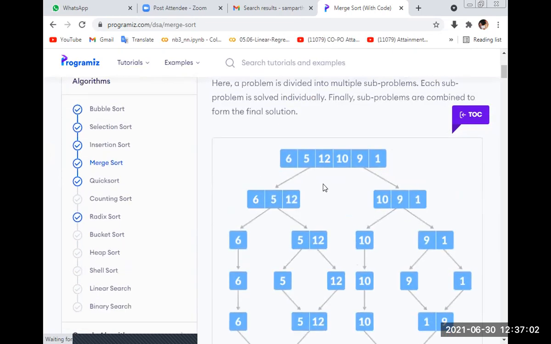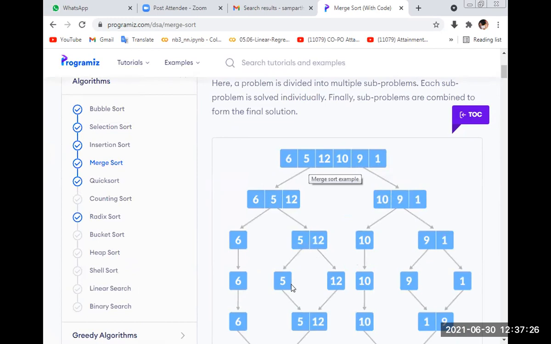So this is my problem. This array contains 6 elements. I divide it by 2, so 3 and 3. After that, one array is divided by 2 into 1 and 2.